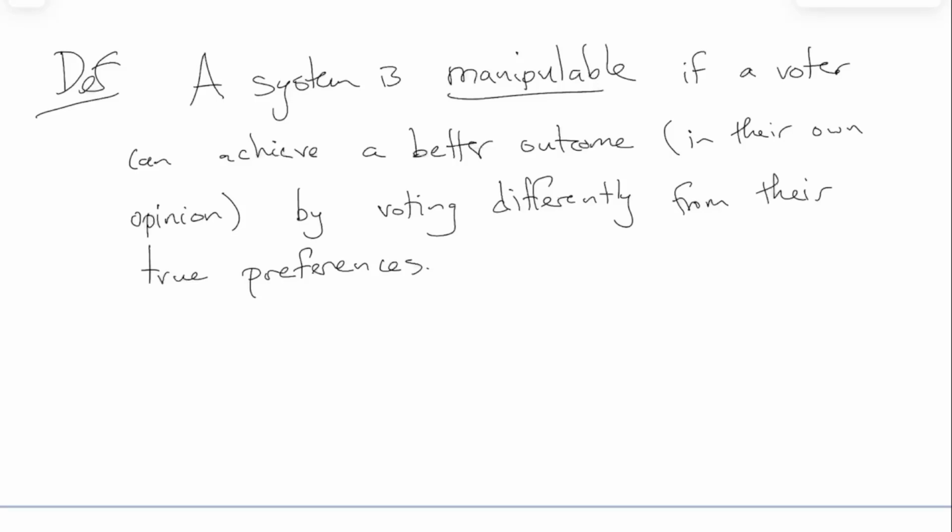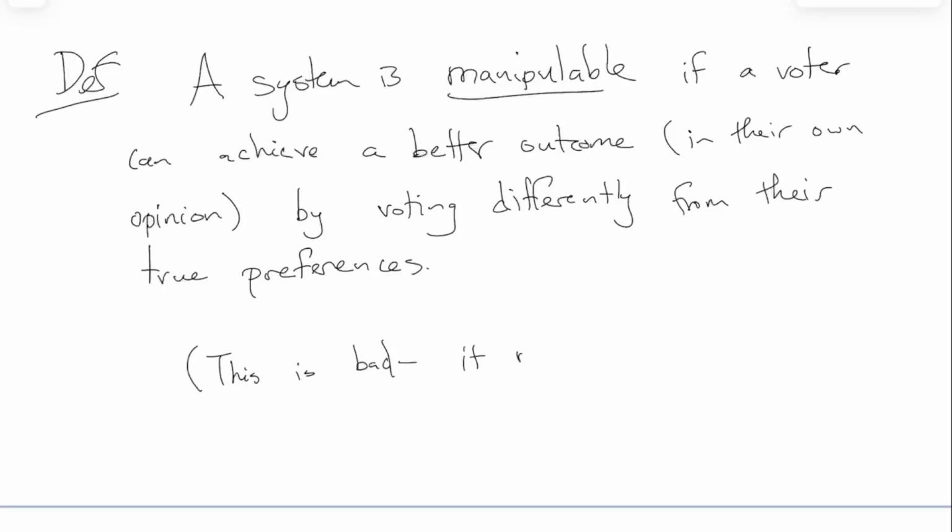That is to say, it is possible to game the system by voting in a weird way. You decide first how you feel, but then how you feel is not necessarily how you vote. You vote in a weird way to achieve the best outcome, but you're not necessarily going to vote in the way that you truly feel. If that's possible in your system, then it's called manipulable, and I will just say parenthetically, this is bad,